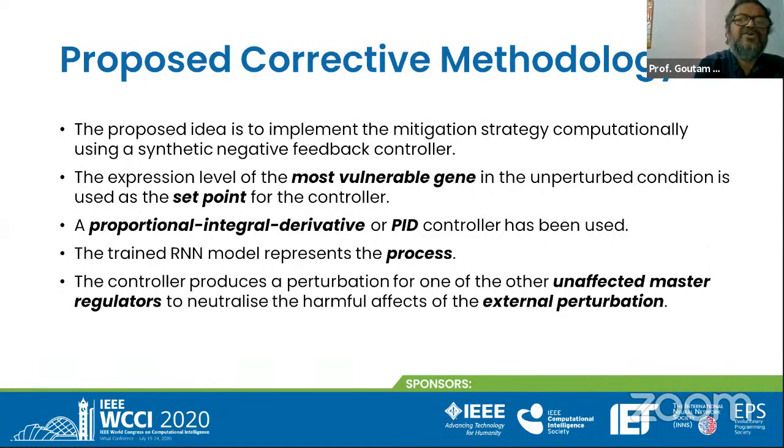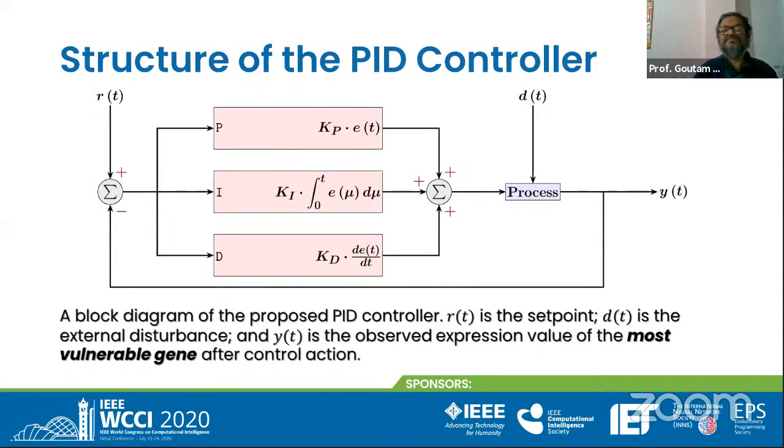This is the PID controller. PID controller means what? Don't worry about this hi-fi word. Let us think that you are driving a car and you have seen that all of a sudden some obstruction or some baby has come in front of your car. So what will happen? Automatically your leg will go to the brake to stop the car. This is called negative feedback.